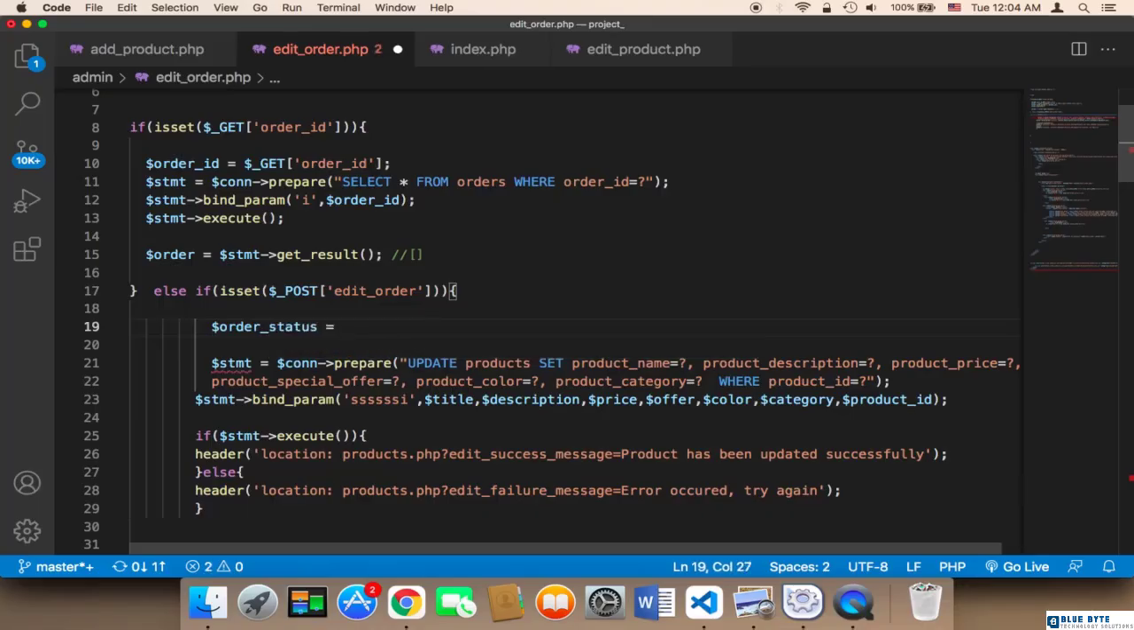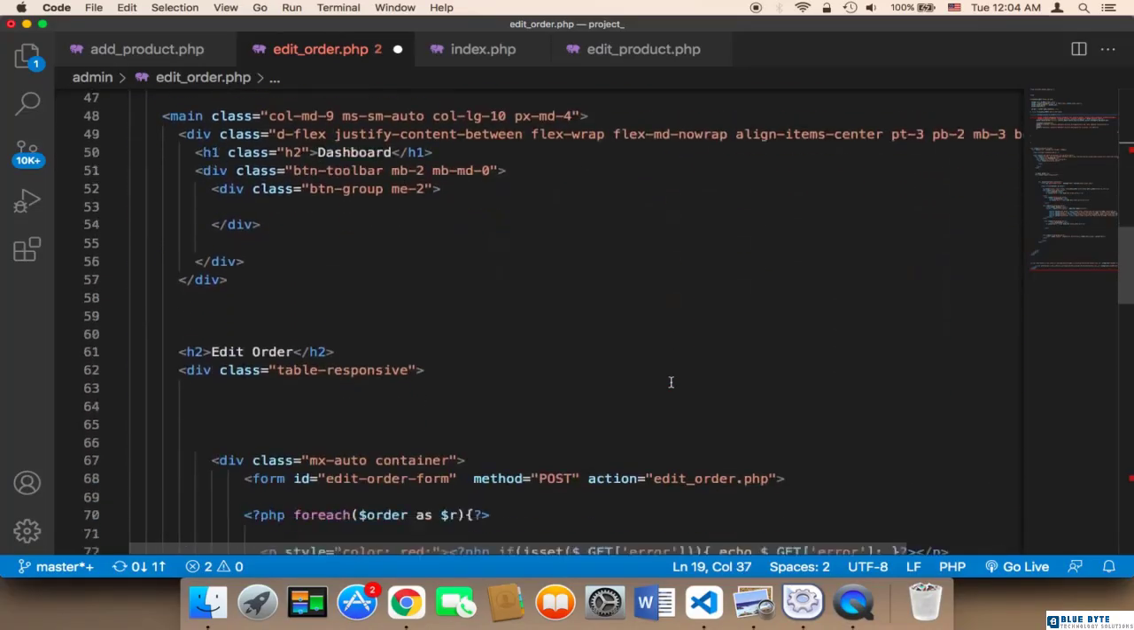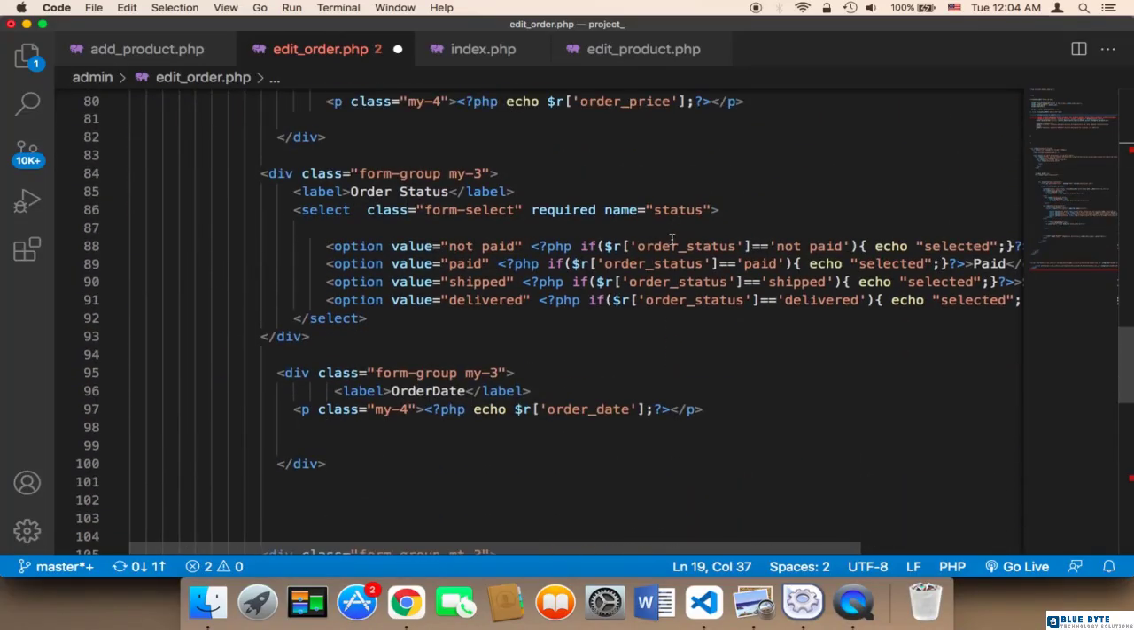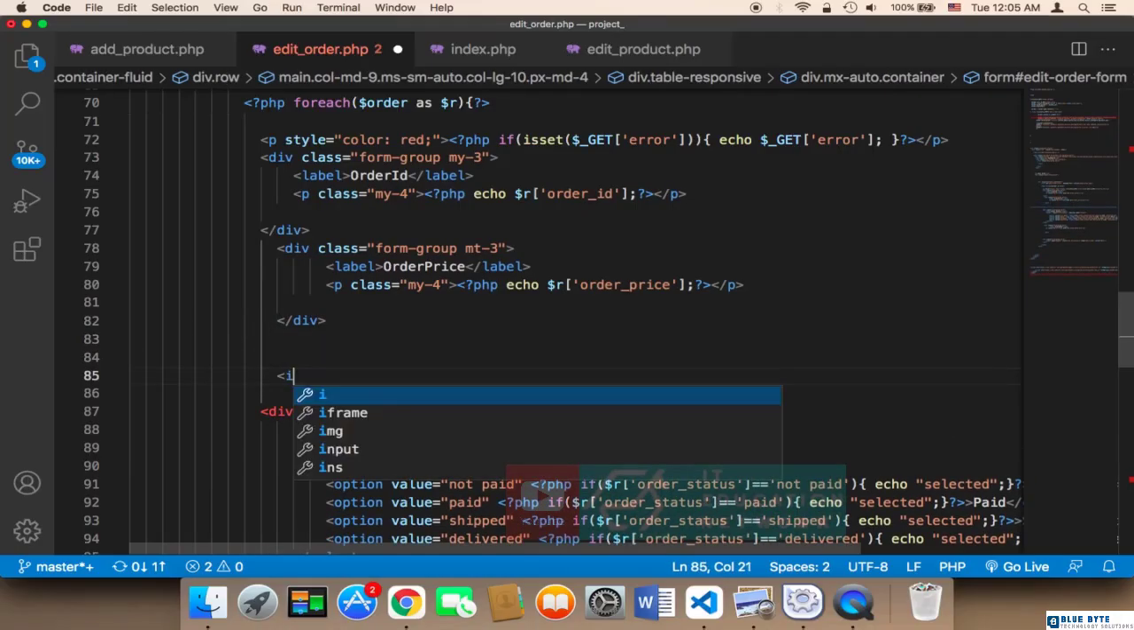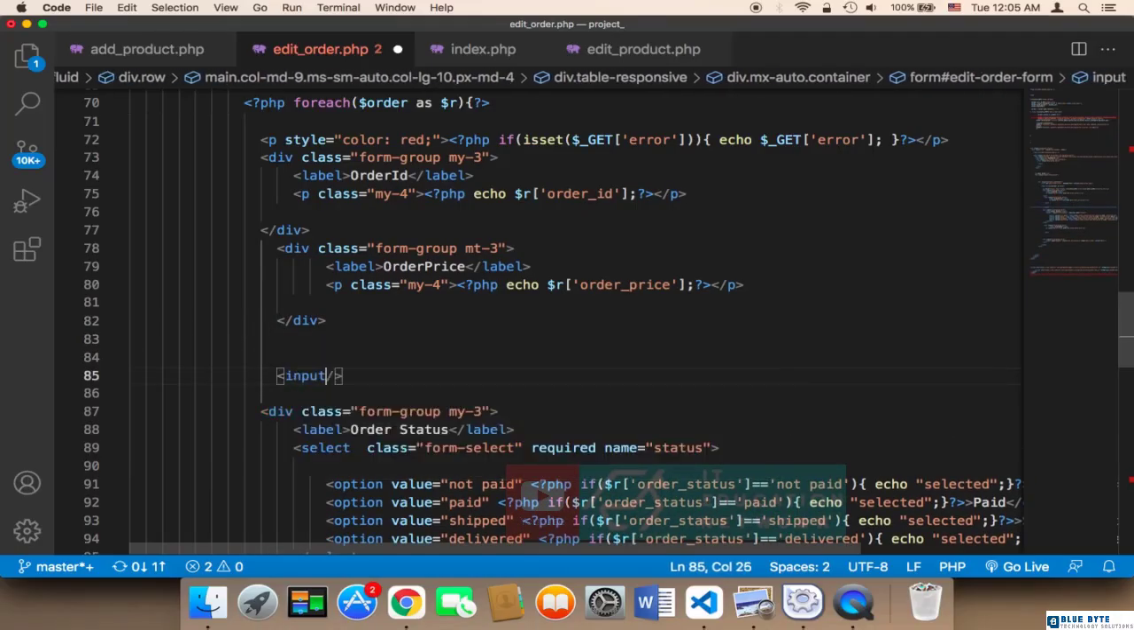So the order status is going to be equal to post order_ let me check the name. So the name was status, just status. And we also need the order ID. So the order ID is here. Let me here create a hidden input. I'm going to say input, and then type is equal to hidden, and name is equal to order ID, and value